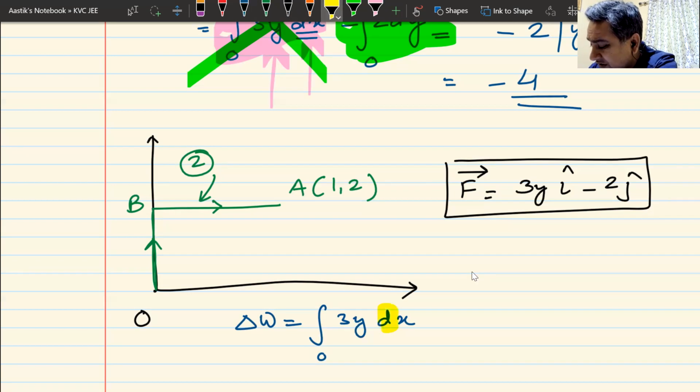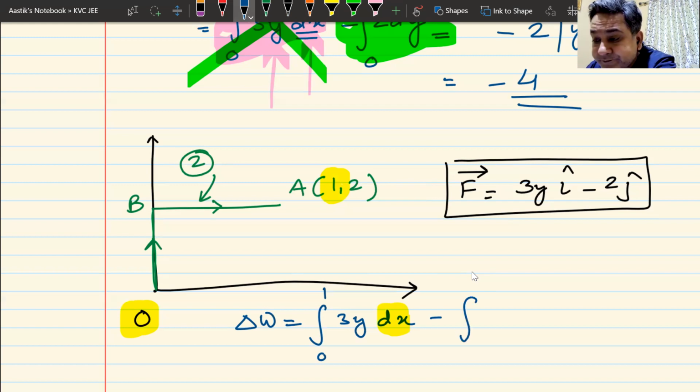Y needs this dx, change in x. So I have to put the limits of x. Are you putting the limits of x? X is varying from? 0 to 1. Dx, change in x. Not very complicated, simple. 0 to 1. Okay. What's the next step? Plus integral. Okay. Minus integral of